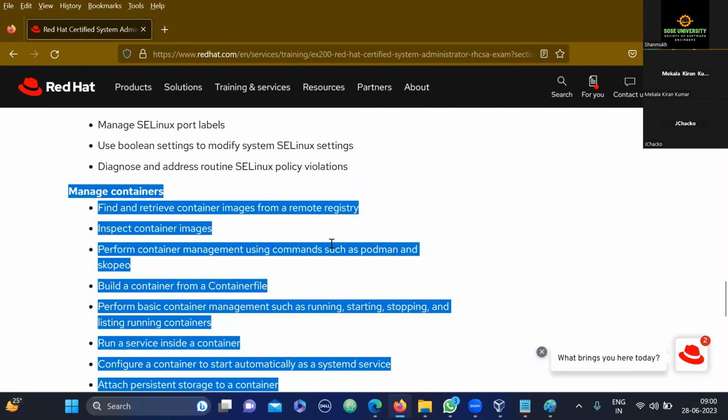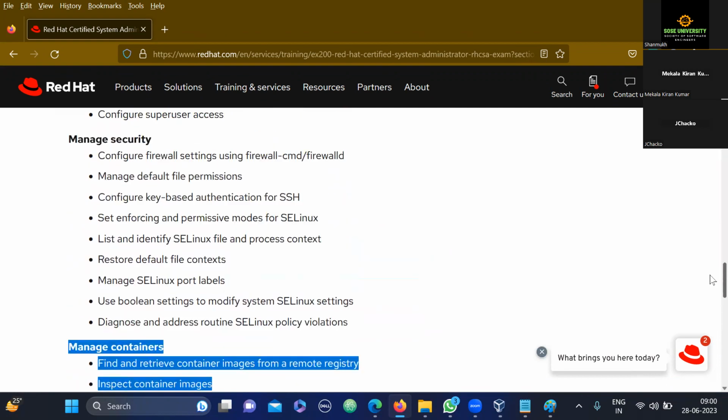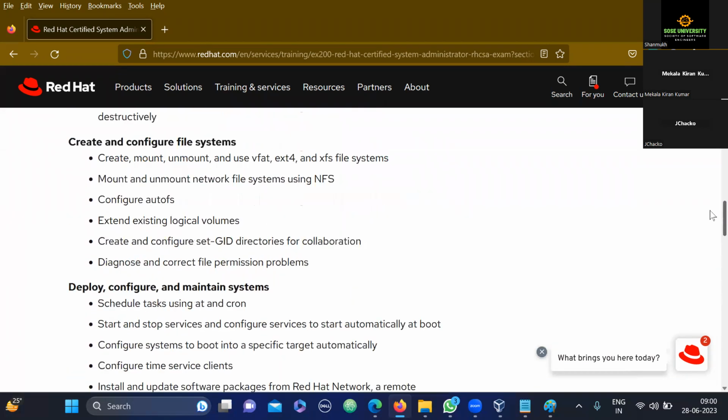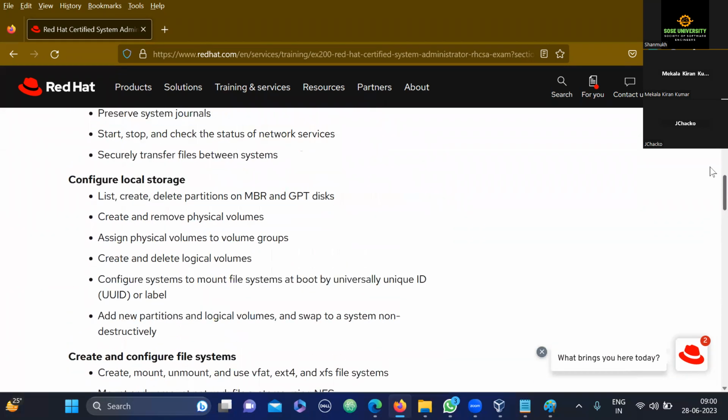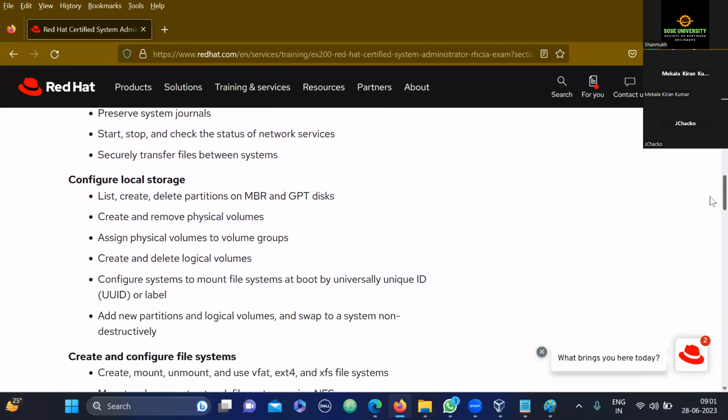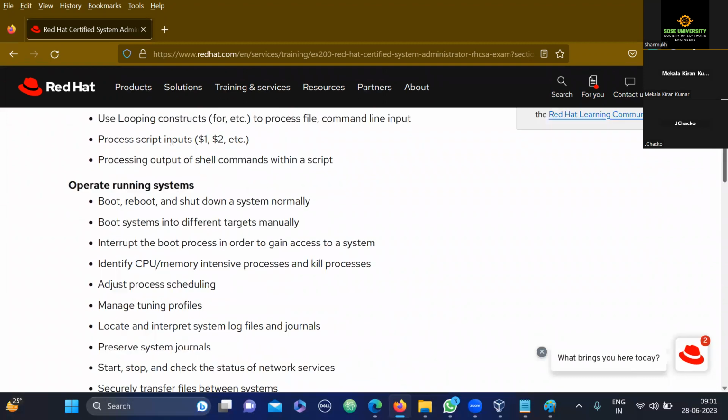Basically, if you go to the syllabus, almost 70 to 80% we are going to cover. But the remaining things you can search on Google or something like that. All right, no problem. 70 to 80% we are going to complete, but we'll see whether Red Hat and then